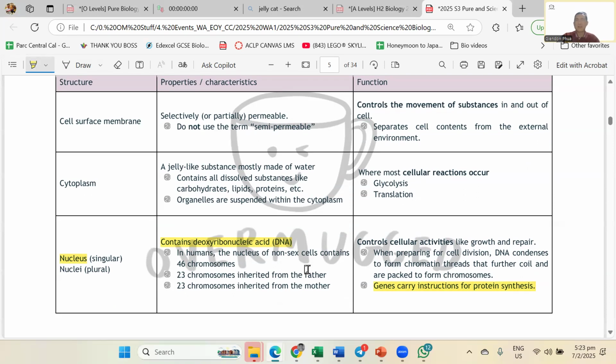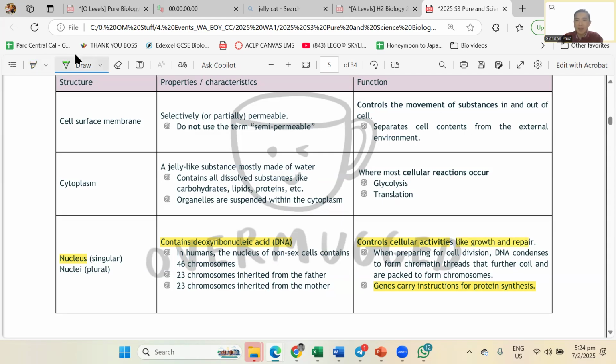Now, back to the Taylor Swift example. When she wants to go through a concert, she will give instructions. Hey, someone book this particular concert hall. Hey, we are going to go to Singapore and not Thailand. Hey, this, hey, that. So Taylor Swift is the one giving all the instructions. Same thing like your nucleus. It will control all the activities of the cell. And that's how you remember: nucleus controls cell activities. Now, Taylor Swift will sing and dance, but your cell cannot do that. The only thing your cell can do is just grow. So growth and repair.